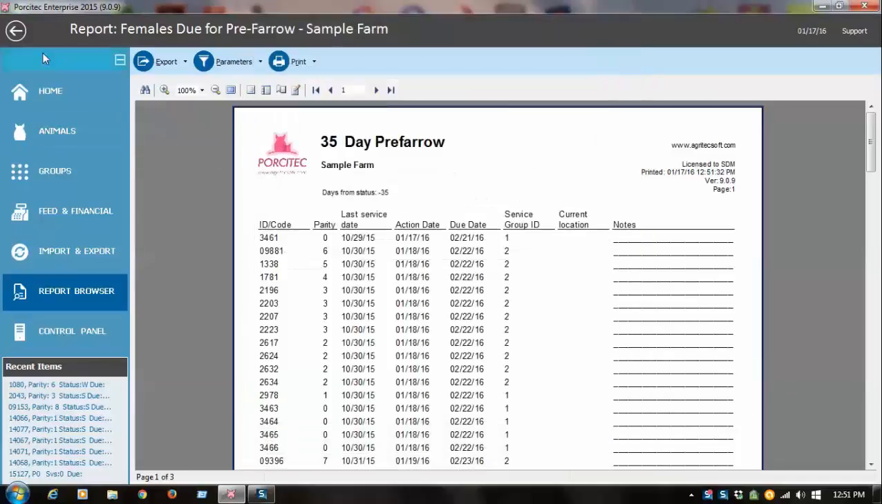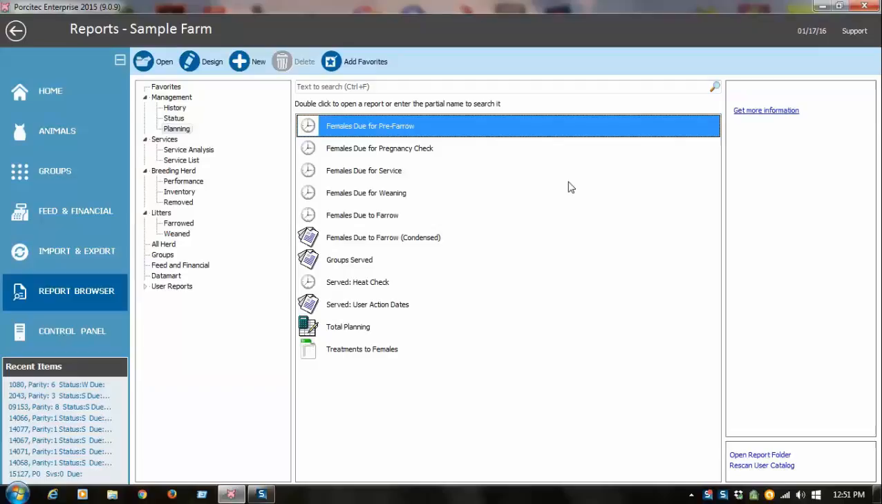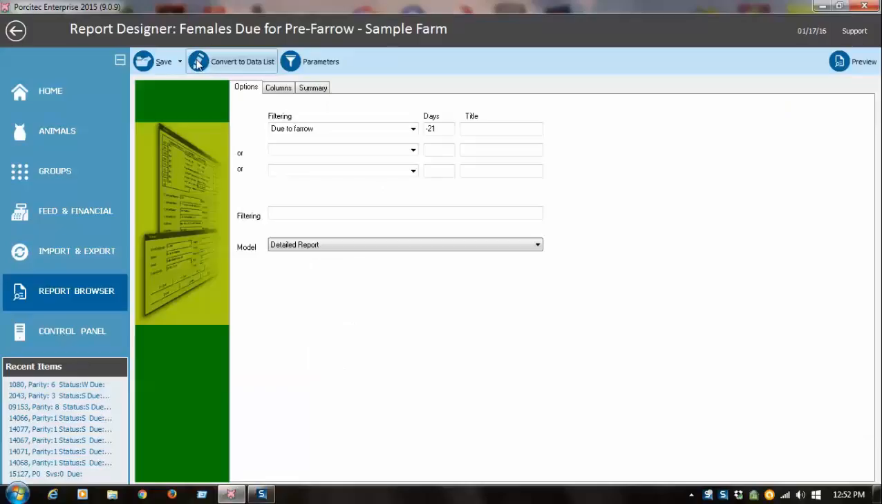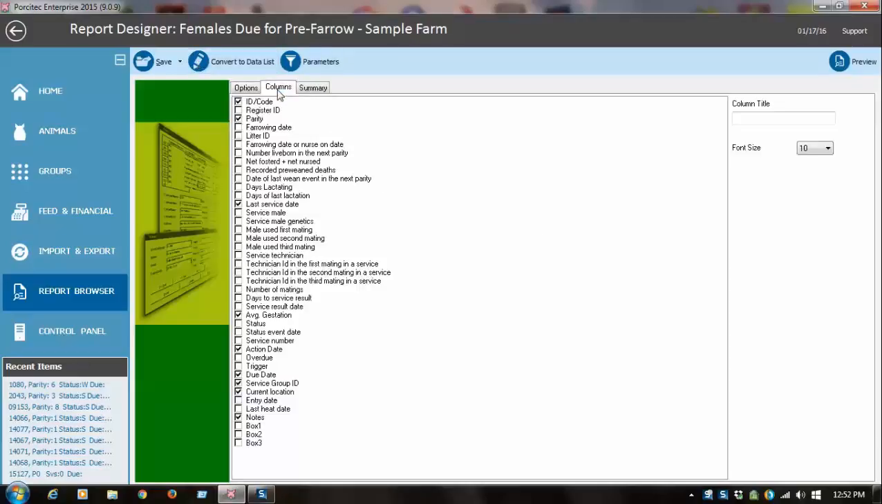Now another thing you can do with these reports to modify them is if you highlight one and click the design button, and click columns, now I can turn on and off the columns that I want in my report. So for example,